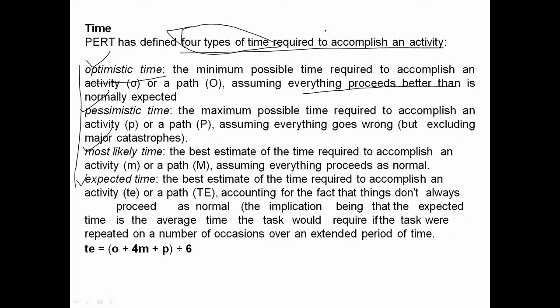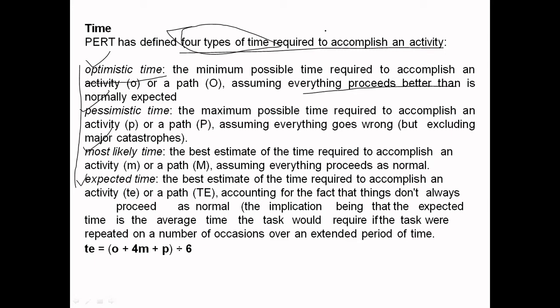Minimum time required is called optimistic, maximum time is called pessimistic. Somebody asks how much time is required to complete the work, so I say call it 1 week. Even though it's not required to complete the work in 1 week, you're saying 1 week. Why are you saying this many days? If somebody asks you, you say it's because I have many things to consider. So minimum is called optimistic, maximum is called pessimistic.